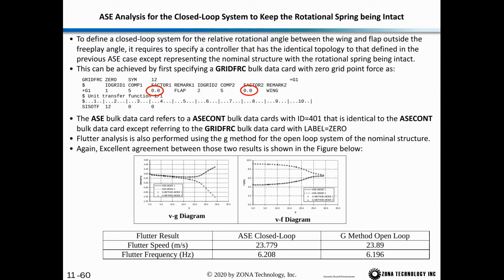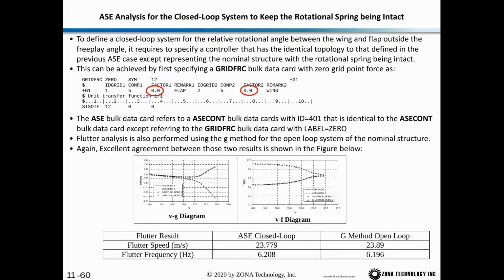This time we will leave the rotational spring intact. So to define the closed loop system for the relative rotation angle between the wing and flap outside the freeplay angle, it's required to specify a controller that has identical topology to that defined in the previous ASE case, except representing the nominal structure with the rotational spring being intact. So what's going on here